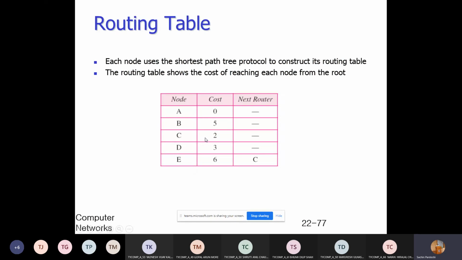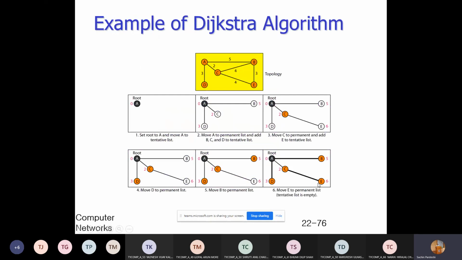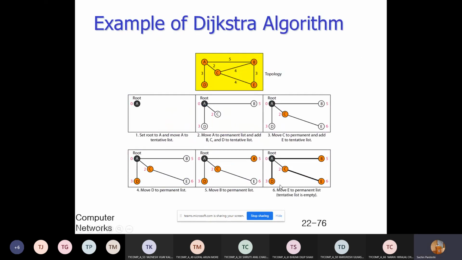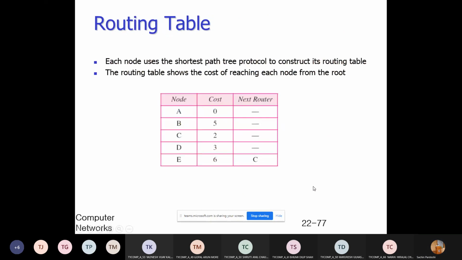Similarly for C, the distance is 2, directly connected, so dash. D is also dash, but E is not directly connected. It is connected via C, and the cost is 2 plus 4, 6. In this way, we can update a routing table.